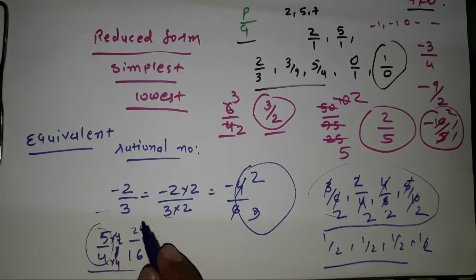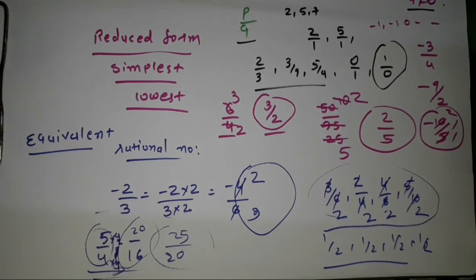So from this we obtain another rational number. If you want to obtain another one, we can take another number. So if I am multiplying this with 5, so here I will get 20 and here 5 5s are 25. So this is how we can find an equivalent rational number. Now the next topic is negative and positive rational numbers. So what are negative and positive rational numbers?